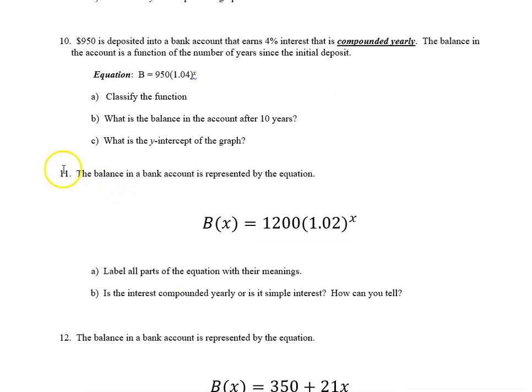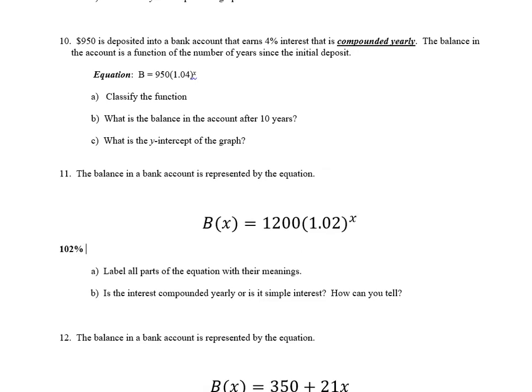Now, the tough part on 11 is you do have to label what all this means. The B stands for balance, and the X stands for years. And most students know that the 1,200 is the initial amount, or it's the beginning balance. But what most students don't know is that this number 1.02 is not your interest. What it actually is